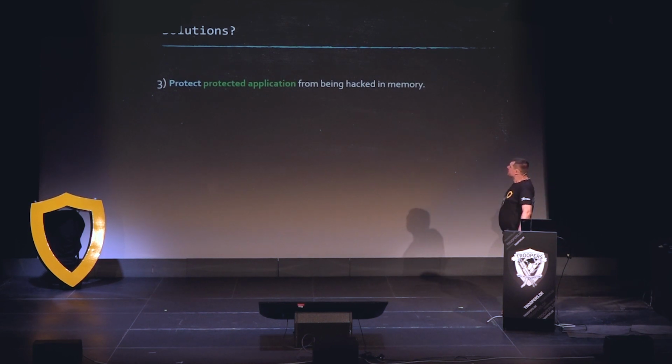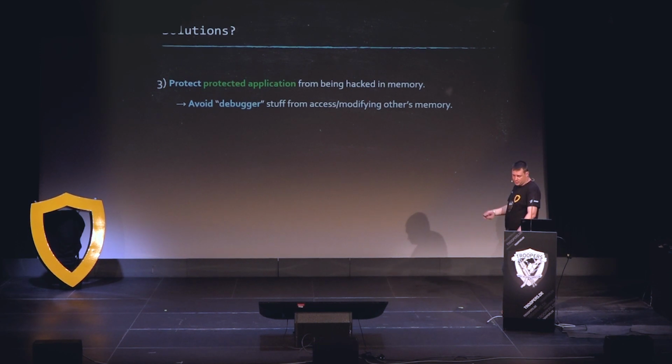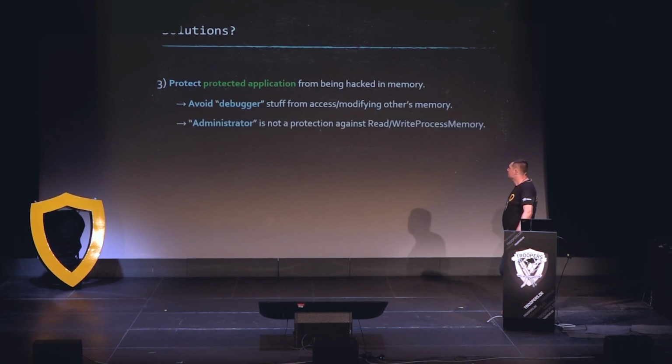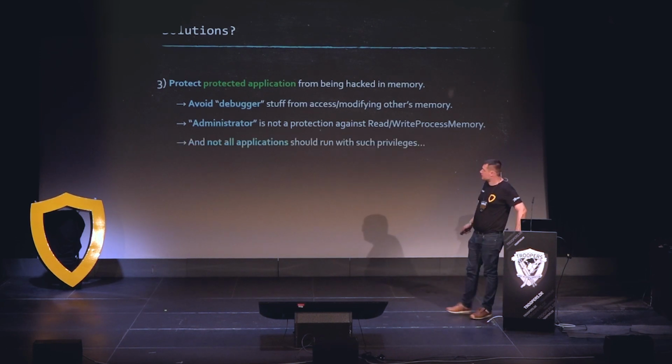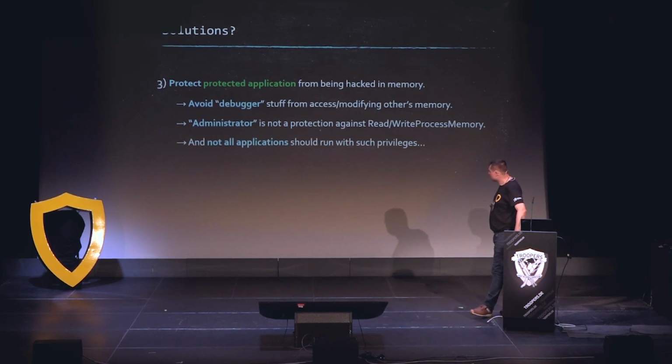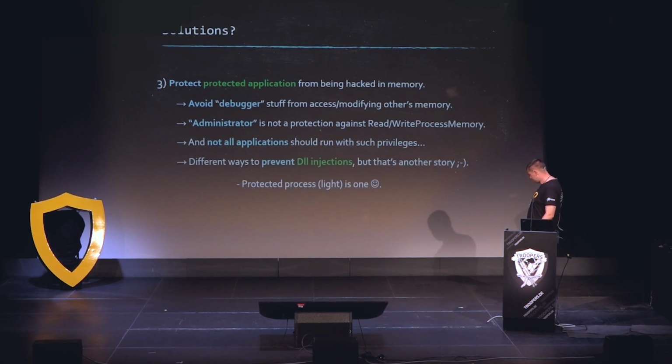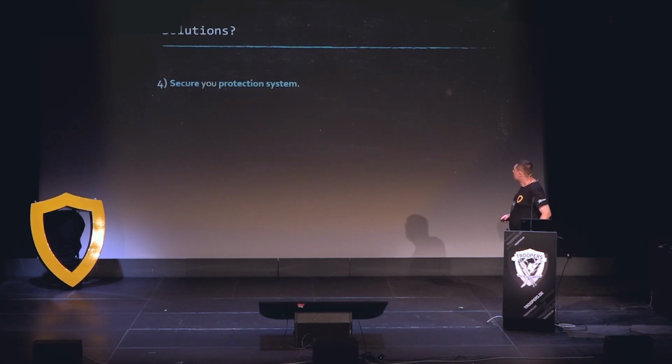Number 3, protect protected applications. If you have a debugger, you can always read the cipher key and directly get access to the memory of the process handling the keystrokes directly. So we should avoid debuggers. Administrator is not a solution to protect anything, because all applications should not run with administrator privilege. It's not safe at all. So we may think about DLL injection, but that's another story. 4,